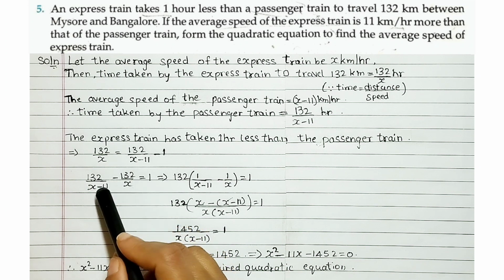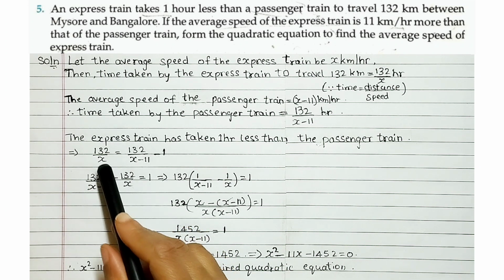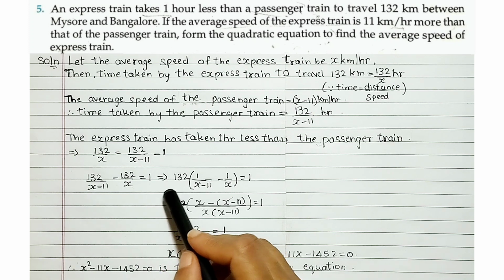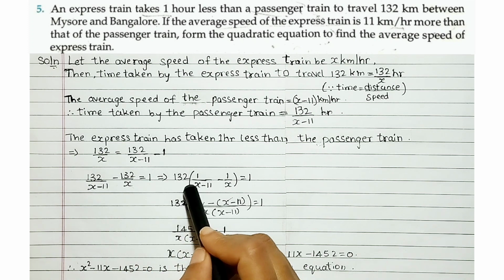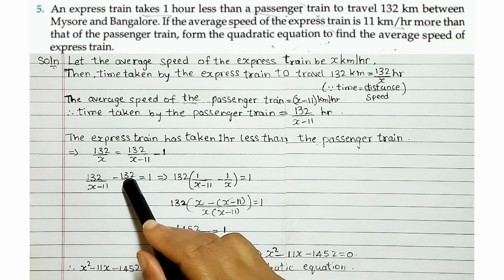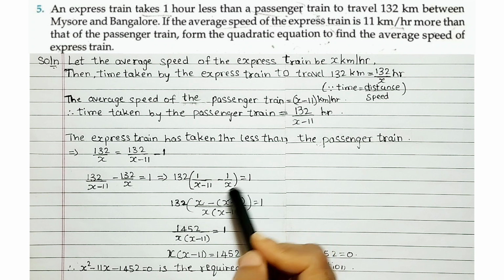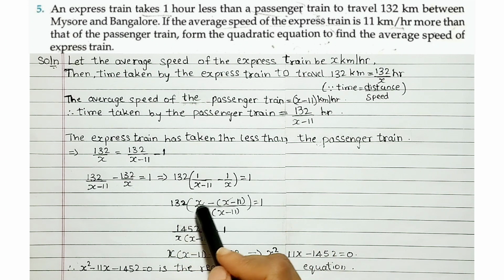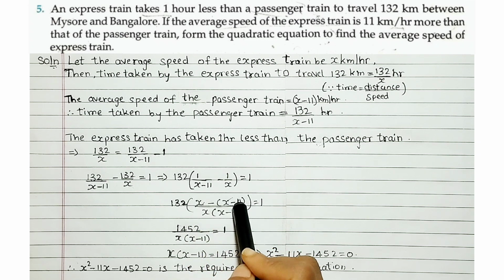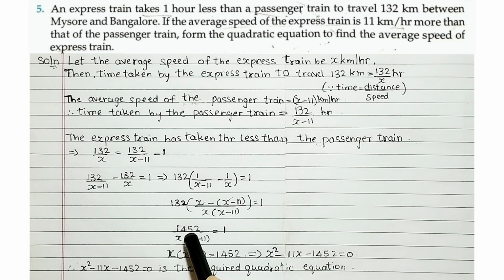Or 132 by x minus 11 minus 132 by x is equal to 1. Take 132 common outside, remaining 1 by x minus 11 minus 1 by x is equal to 1. Or 132, here LCM x minus 1 into x